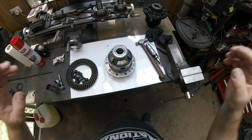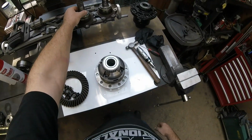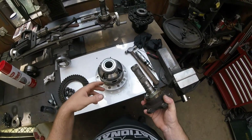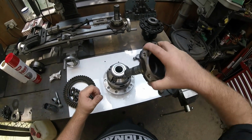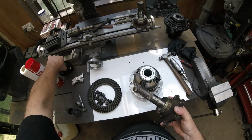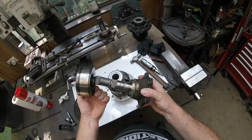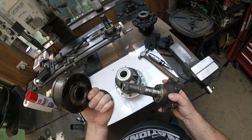Right, so there we have it. That's the assembled diff center there. Now we can do the equivalent of the test that we did on the car the other day, where I had the power bar and I was checking to see that the diff center was working correctly. We can put this one, this is the one that goes into the viscous coupling, see? There's actually one here. So you can see on one side of that it's got the gear and the other side's the viscous coupling. So when that's in the car and it's located correctly,